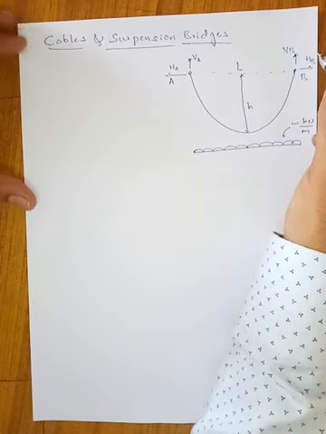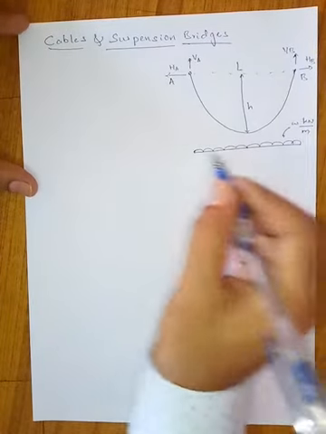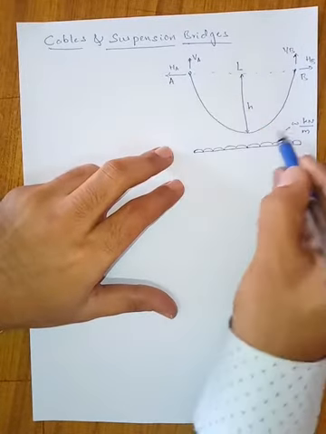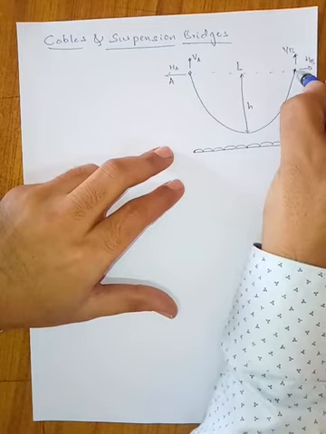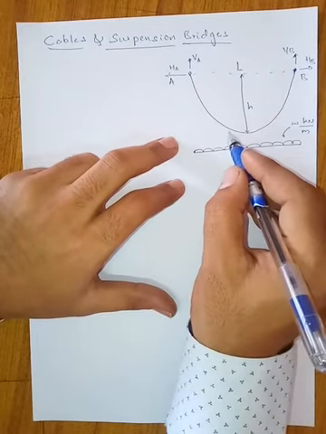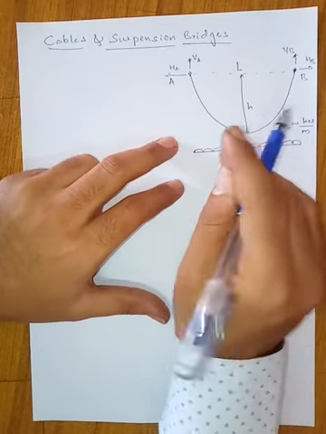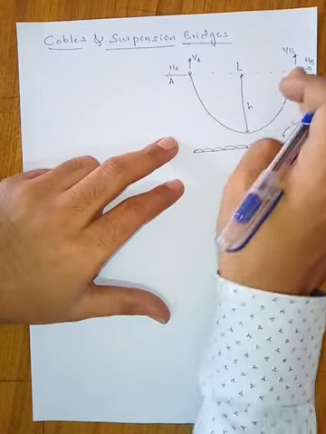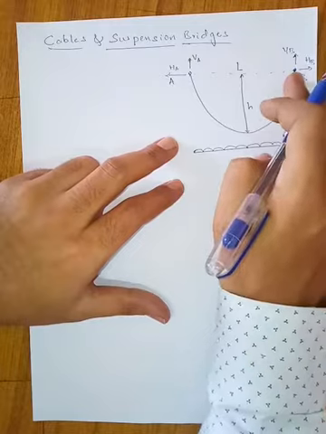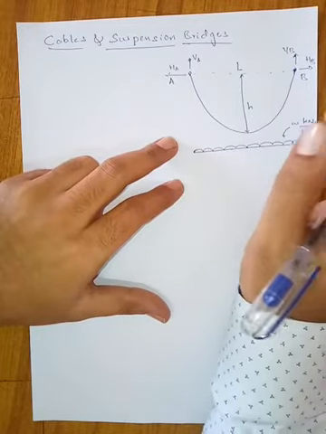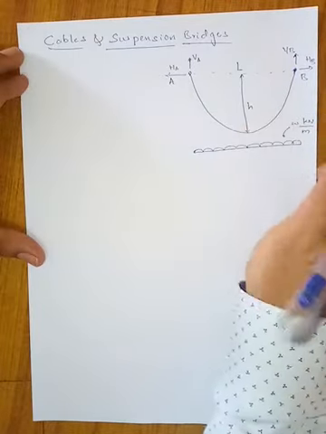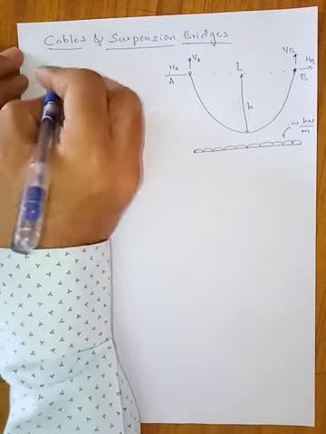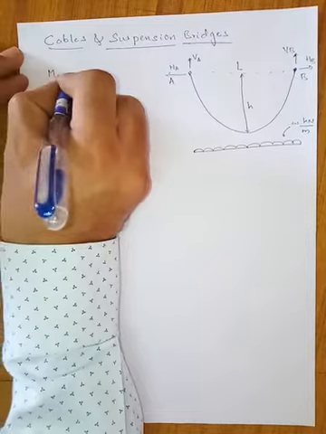Now, the first step in the analysis is to find the support reactions. Here, since this is a cable, we know that cable does not resist any rotation. So moment is not generated. So if you consider moment at any point in the cable, the moment will be zero. Hence, there are two supports. I'll start with A support, left support. Moment at A will be zero.